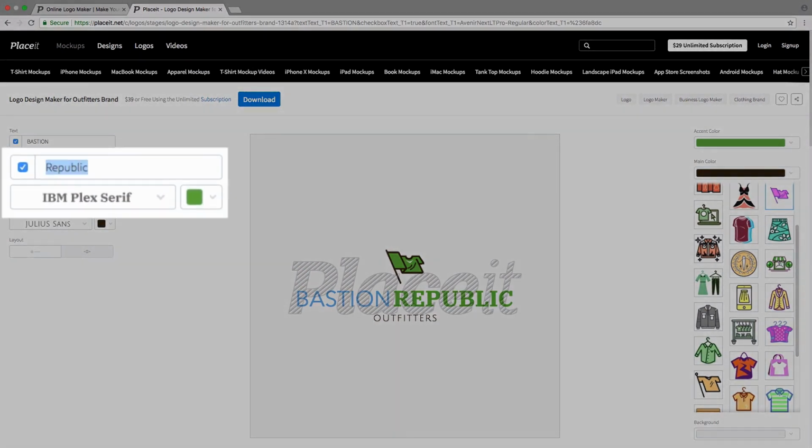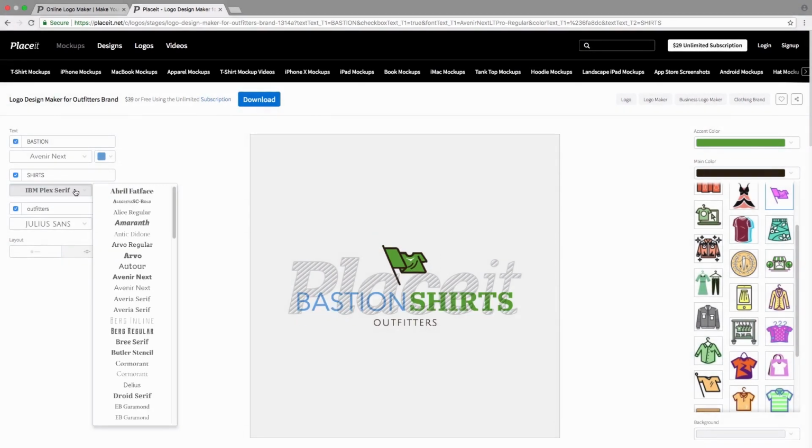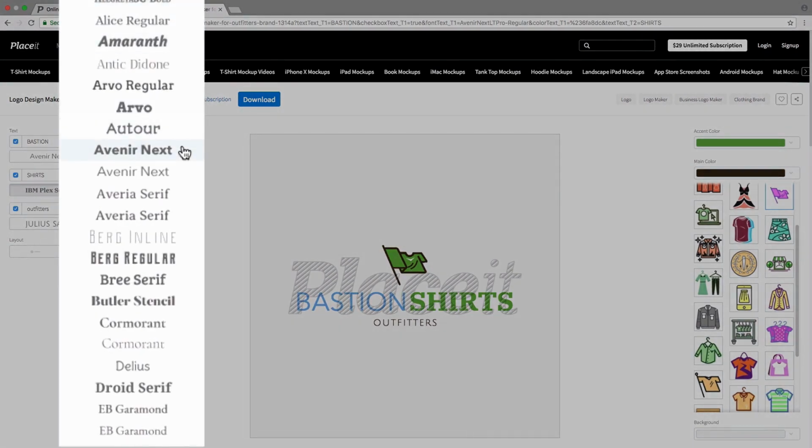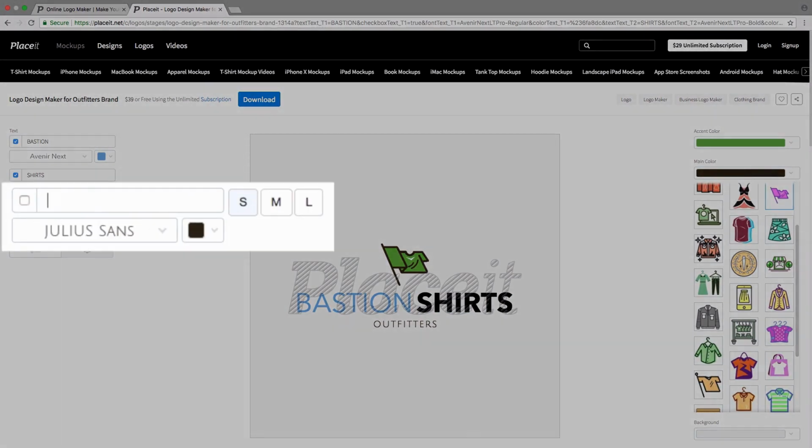I'm going to go ahead and change Republic as well to say Shirts. And I'll change this line of text, the font, to be Avenir Next, but just a little thicker version of it. And I think I'll change this color to be black. Next, I'm going to change the third line of text here to say Trending Since 2015. And notice that as I clicked on this text box here, we get these little buttons that say SML,